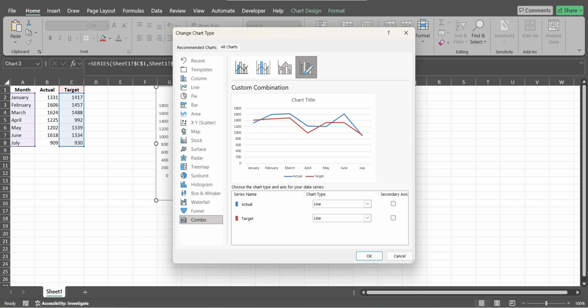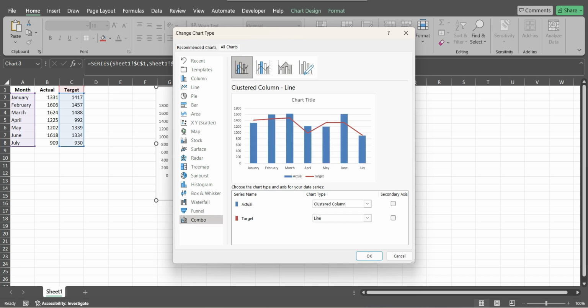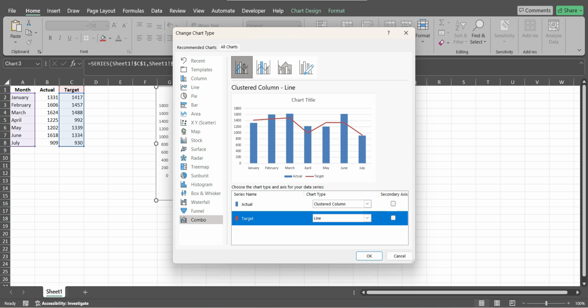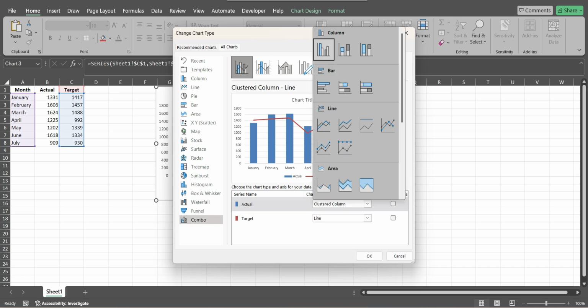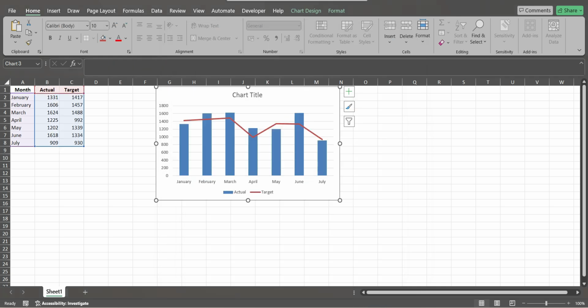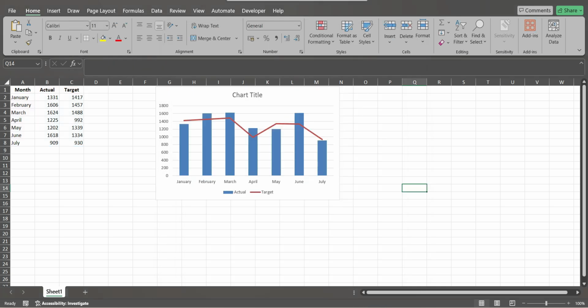And then, dito sa combo, ayan, we can set kung alin yung magiging column. So, piliin natin itong clustered column and line chart. So, yung clustered column, ito yung actual. Sa target, ito yung line. Okay? So, sa tingin ko, it makes sense na yung target is yung line, kasi ang mas mahalaga is what happened. Okay? Kaya, yun yung clustered column. So, sa actual, yan. Ito na ang magiging